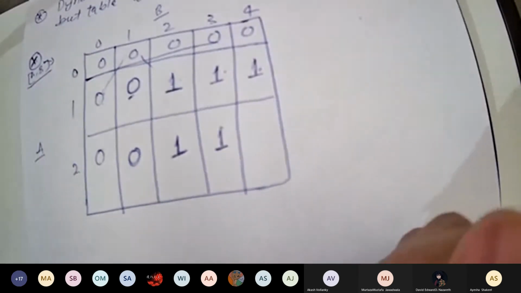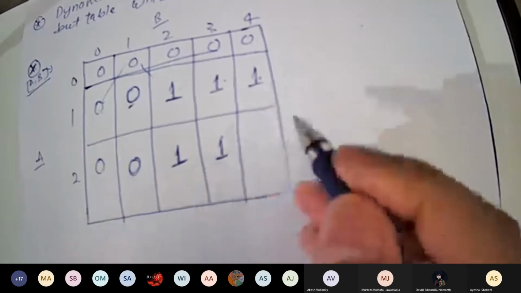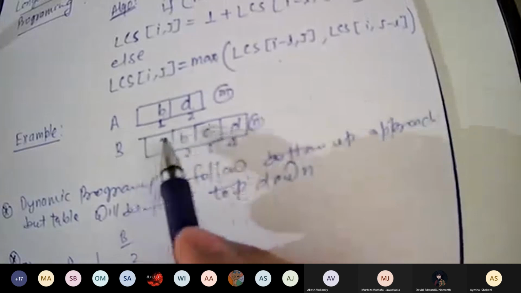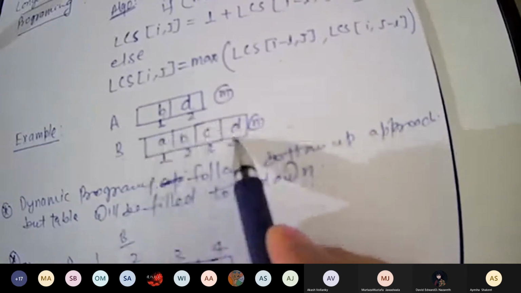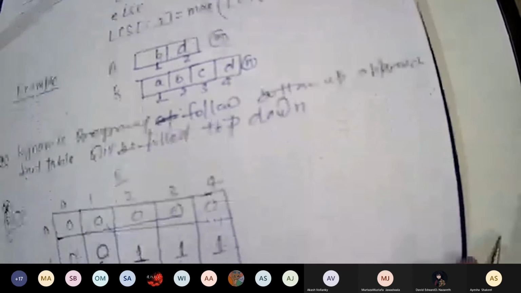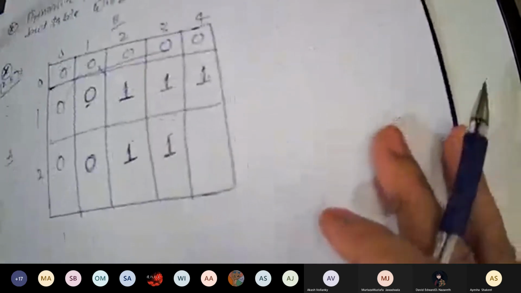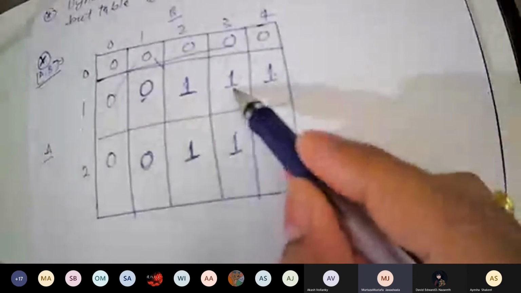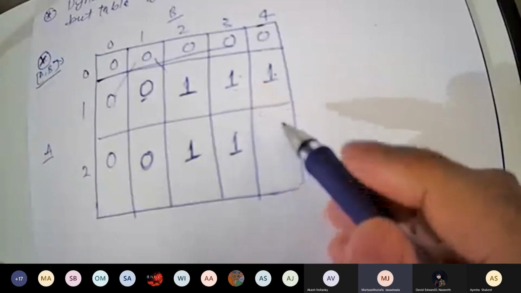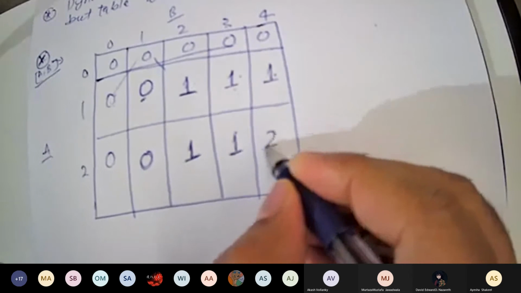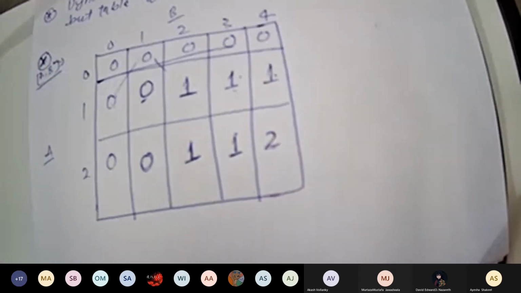That is 1. Now A2, B4. Value is same? Yes. Then what will happen? 1 plus the diagonal element value. 1 plus 1, that is 2.